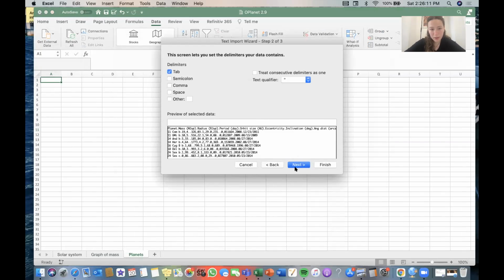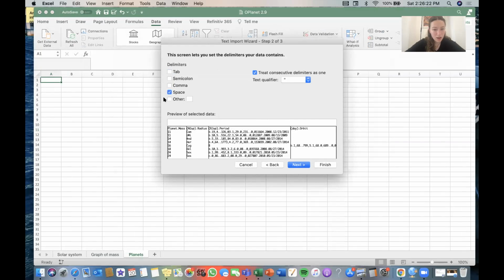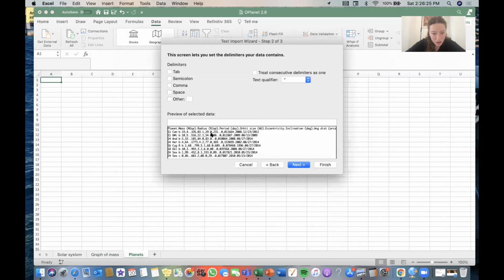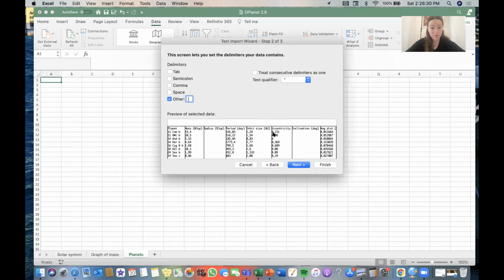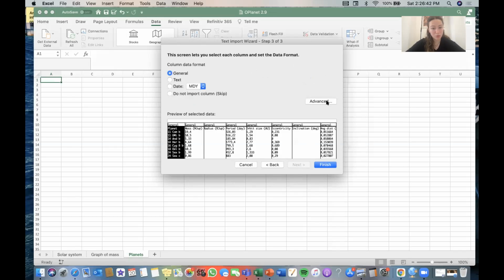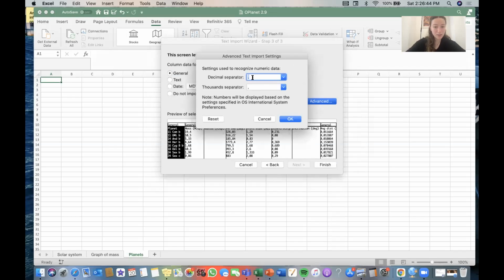So this one is a bit more tricky because here you see it's weird. And if you use the semicolons, it's also weird. And then the comma doesn't look really good. And then the space. And you see that there are a lot of points. So if you try the points, it looks fine. But again, you see that the decimal separator here seems to be the comma. So you don't really like that because we know that we're not supposed to have that. So you have advanced, and here you'll just change the two of them, and then your Excel will automatically